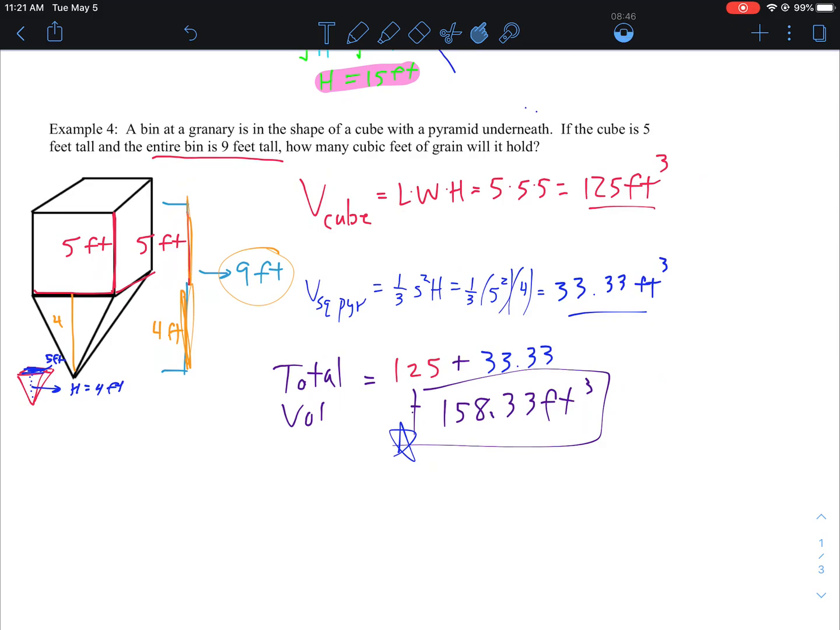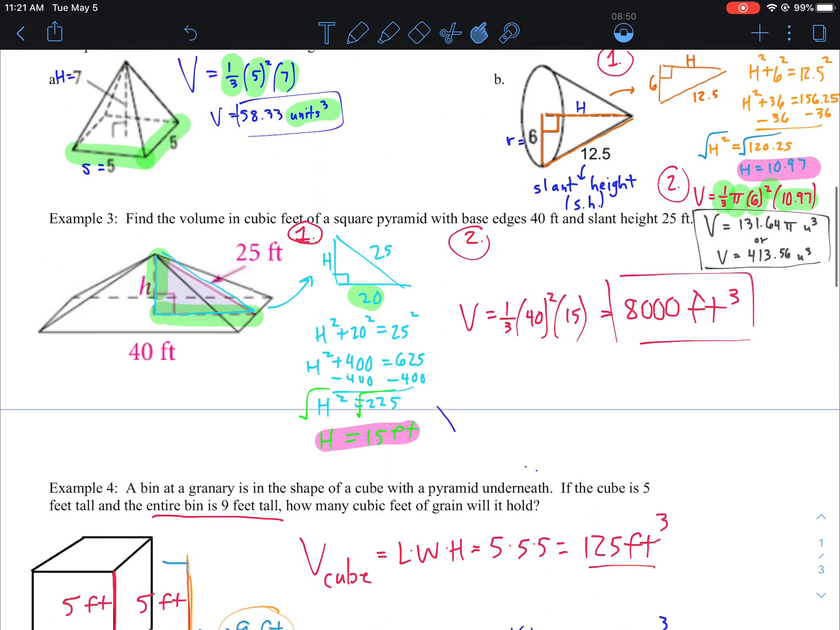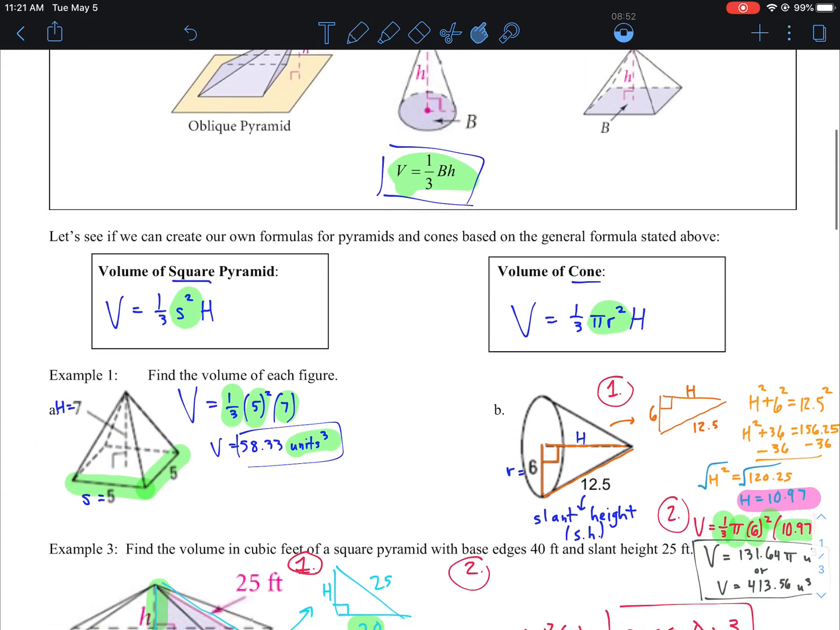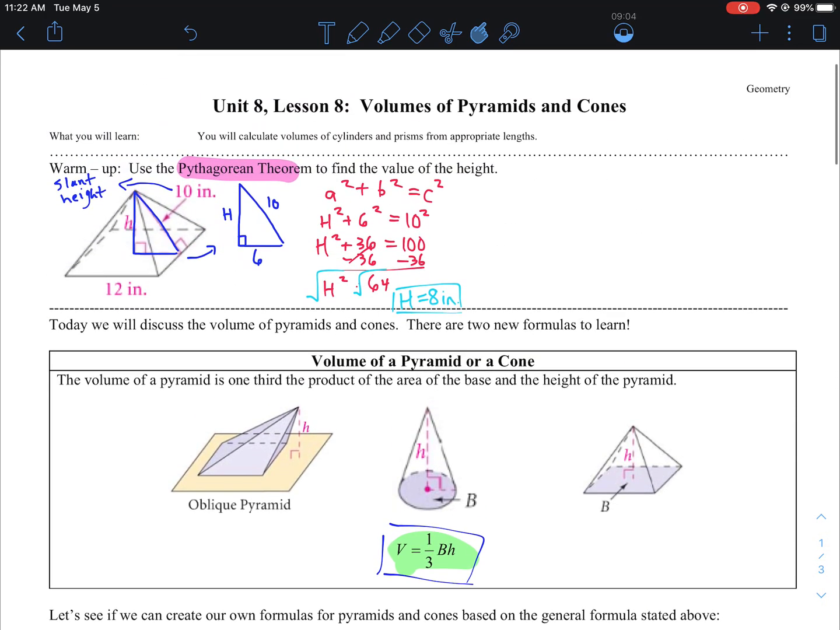All right, everybody, that's it. So again, volume, pretty straightforward. The only difference here with these notes as opposed to last time is there's a 1/3 in front, but it is just like cylinders and prisms, just with a little bit of added work with that 1/3 in front. Okay, that should help you with